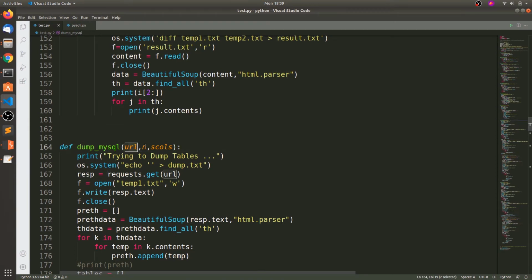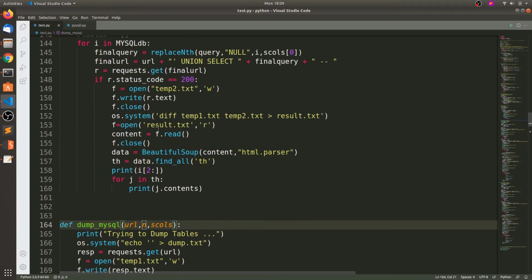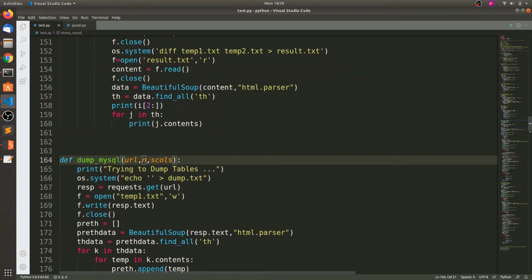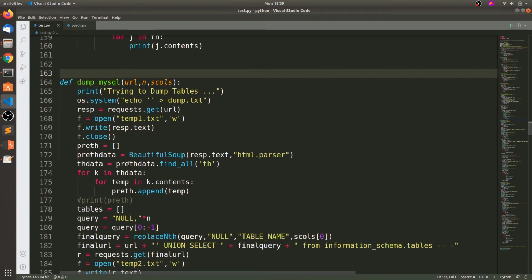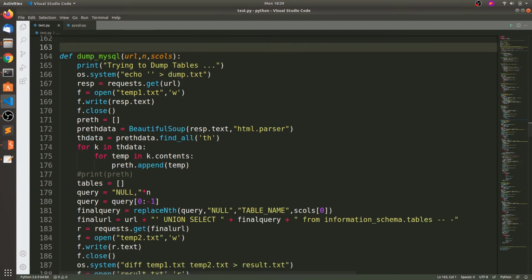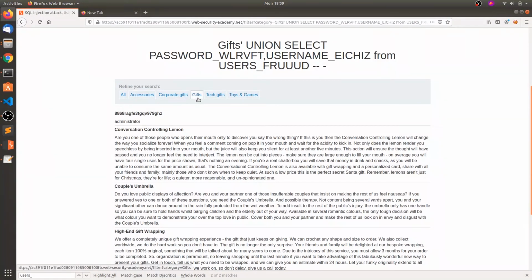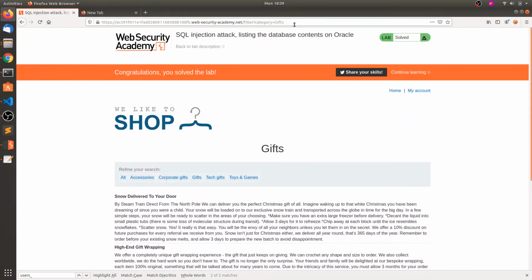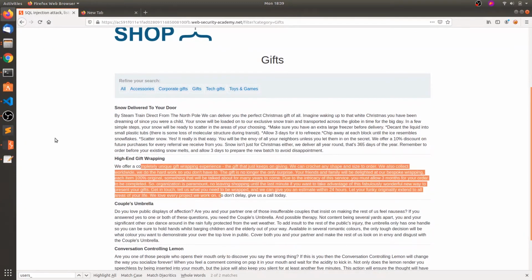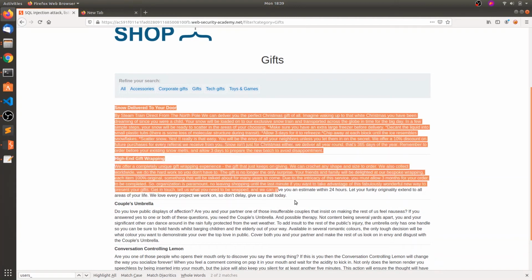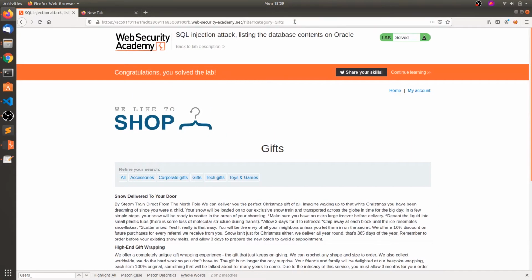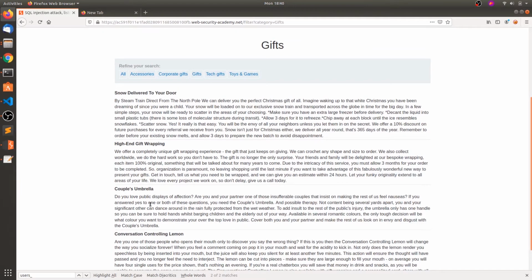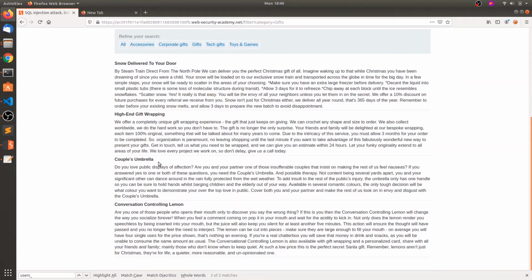It takes the URL and the number of columns, which I have already determined using the previous functions, using the string columns. So here I am parsing the first information. Whenever you type normally, this will be our base page. Whatever information we are selecting will be added to this HTML page. So I can take this base page and the result page after the SQL injection, and run the diff command, so I will get the different ones.